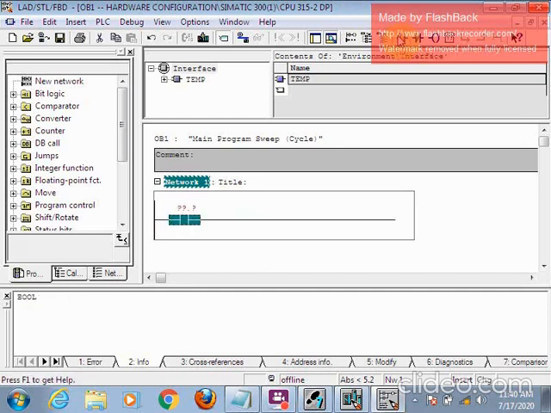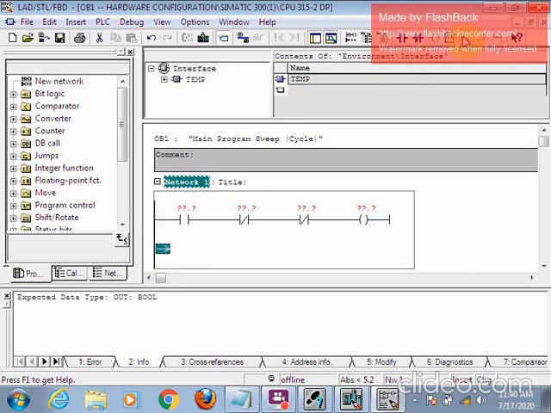It is normally open contact, normally close contact, again normally close contact, from here we can take. So I will create a simple logic for the DOL starter just to make you understand.